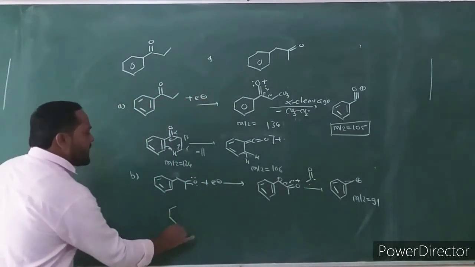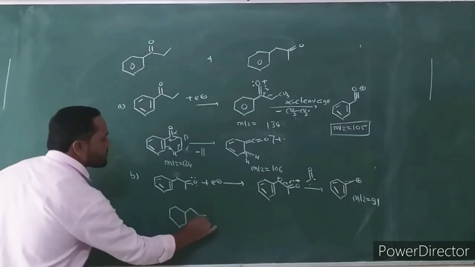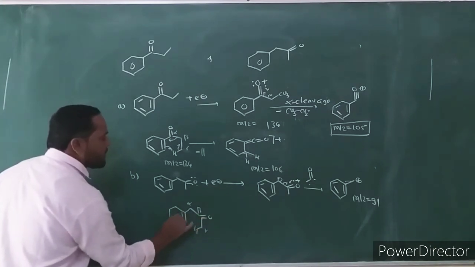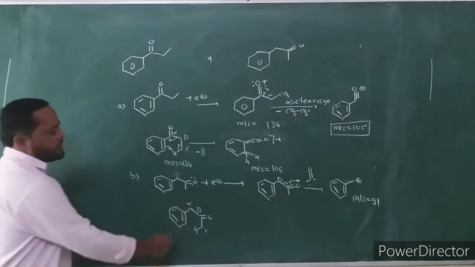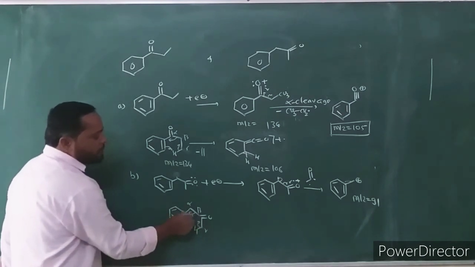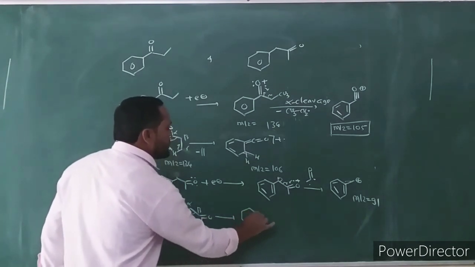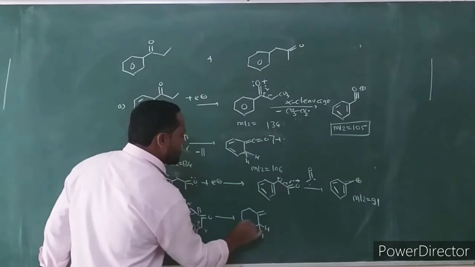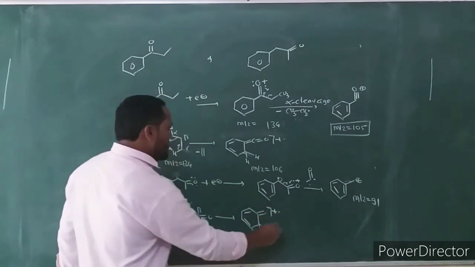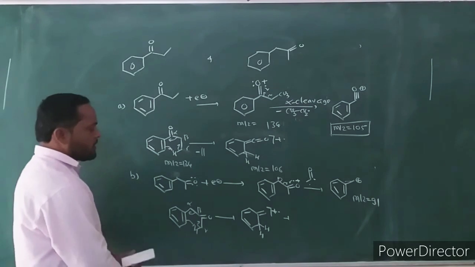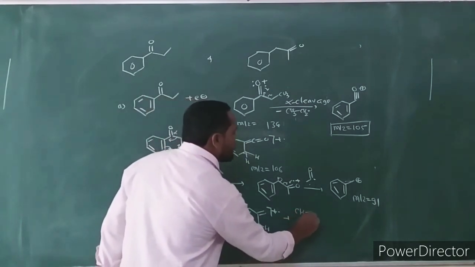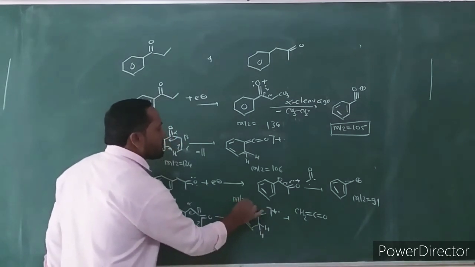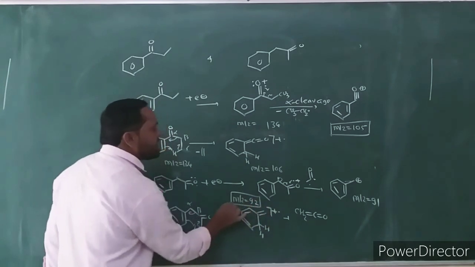It also undergoes McLafferty fragmentation with respect to the ring. It is alpha, beta, and gamma with respect to this ring carbon-carbon double bond. Intramolecularly, the hydrogen is abstracted, with loss of a neutral ketene molecule, and this fragment ion is formed. It has mass to charge ratio 92.